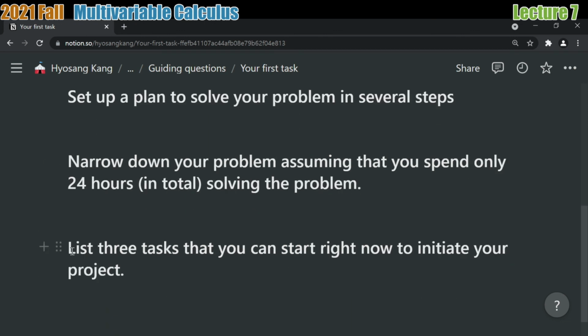Then what you have to do is write down specific tasks that you can do right now. Write down at least 3 specific tasks. You have to be really specific. What I mean by really specific is, for example, I want to find out how to use the Go language to solve your project. Then you first have to study the Go language, right? So your first task is to open